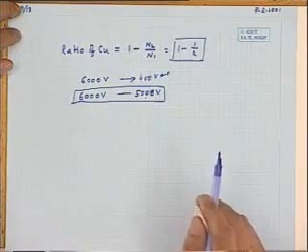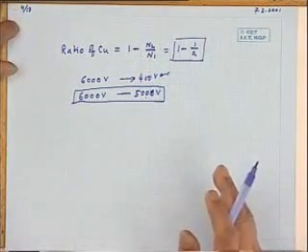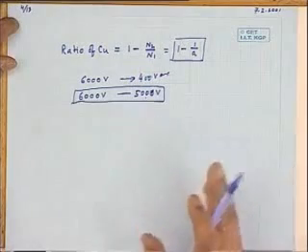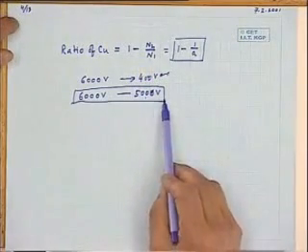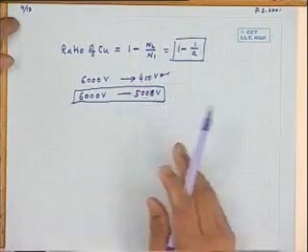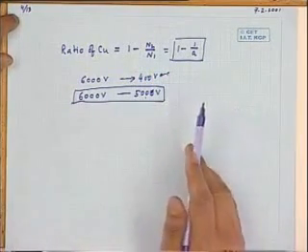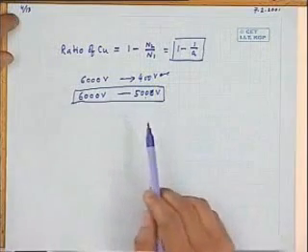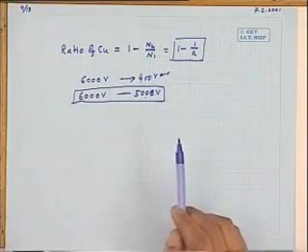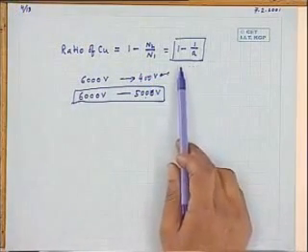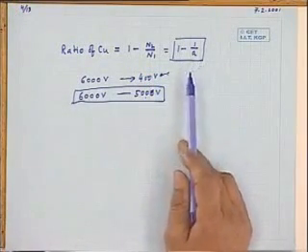Therefore, remember, if you want to get a fixed output voltage from a fixed input voltage, then you can choose an auto transformer provided the transformation ratio is rather close to unity, otherwise not. Obviously, if a equals 1, this is 0. It means that you don't require any transformer. Transformation ratio 1 means you don't require any transformer.